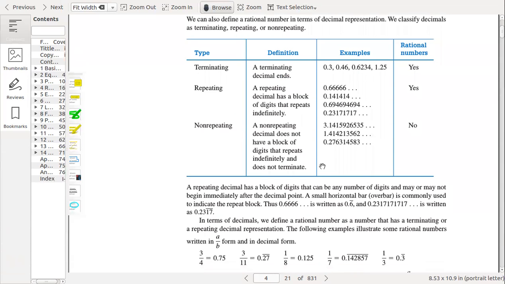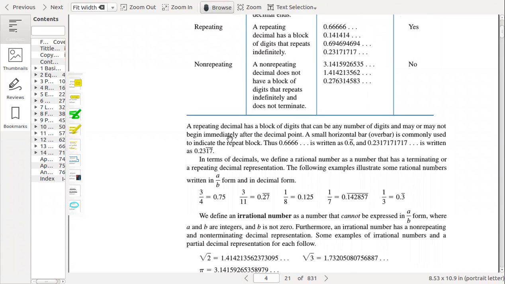So then we can define a repeating decimal as a block of digits that can be any number of digits and may or may not begin immediately after the decimal point. A small horizontal bar is commonly used to indicate the repeat block. Thus, 0.666 can be written as 0.6 bar, and 0.23171717 is written as